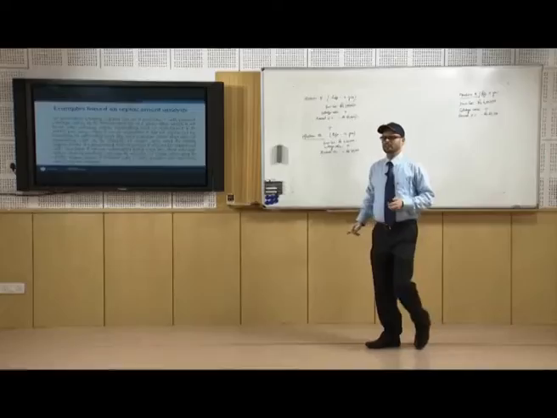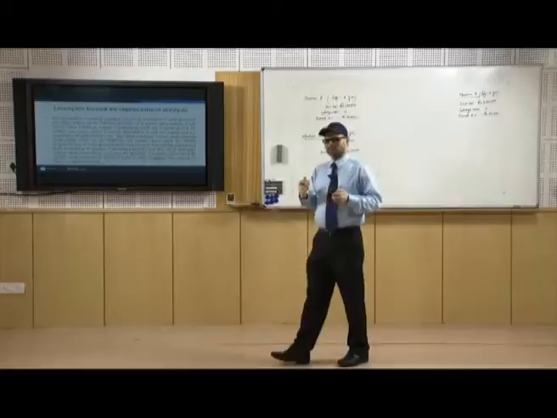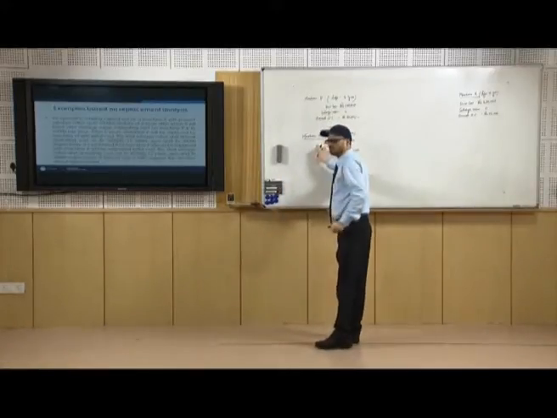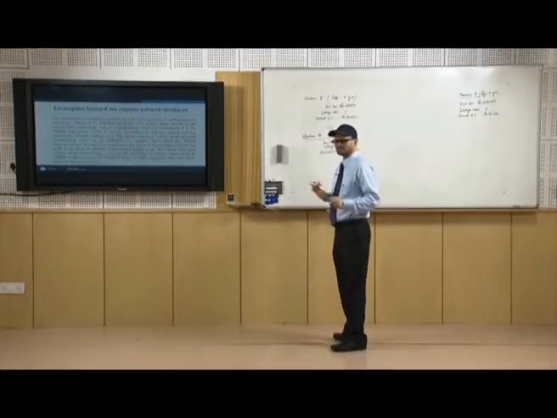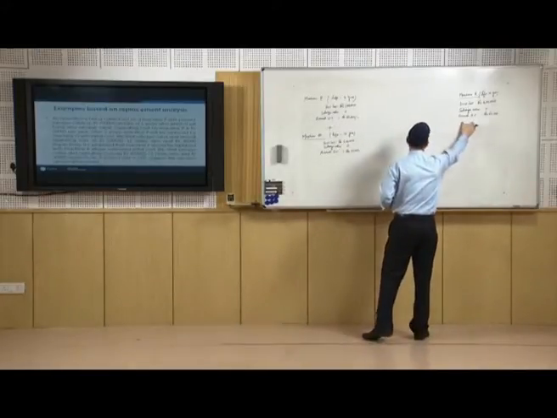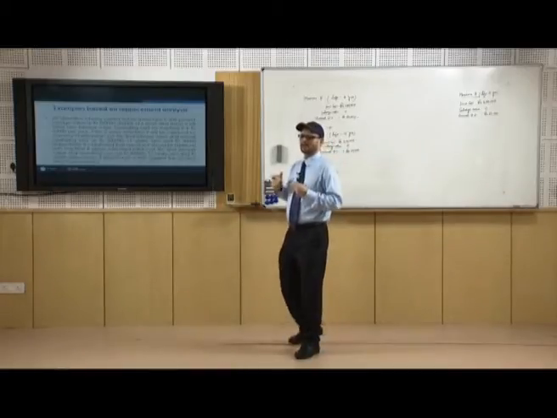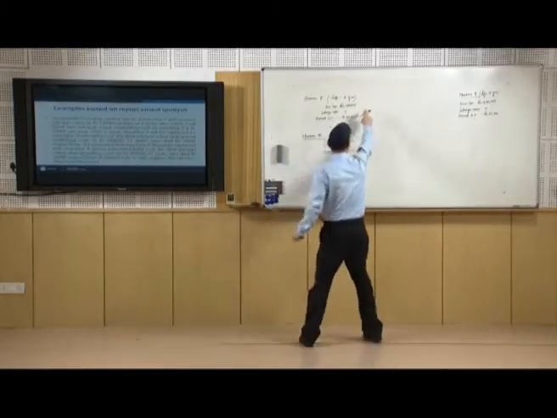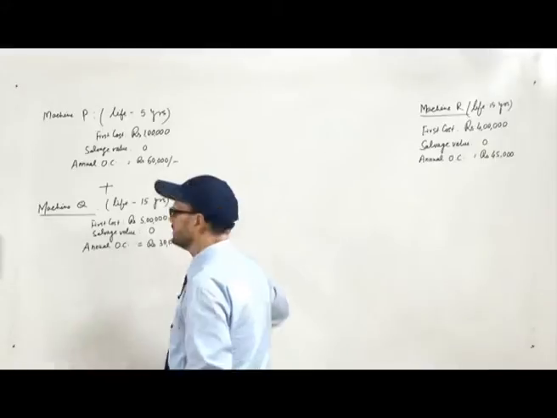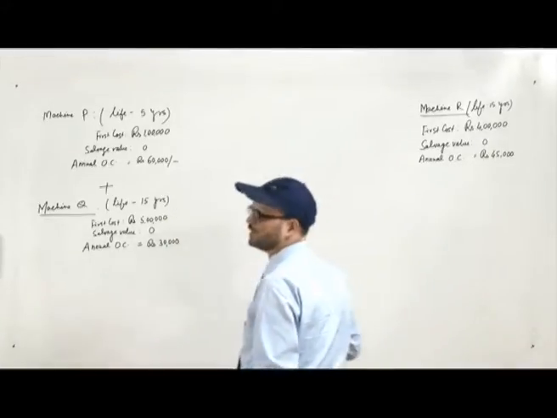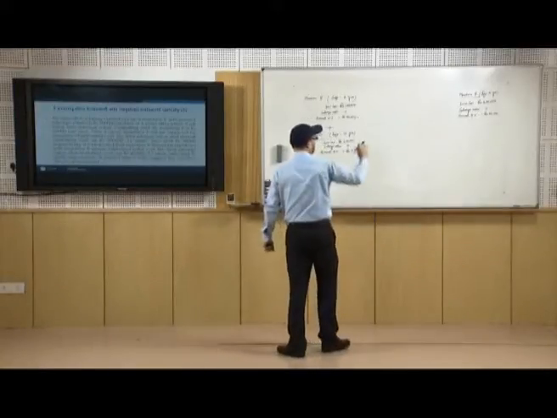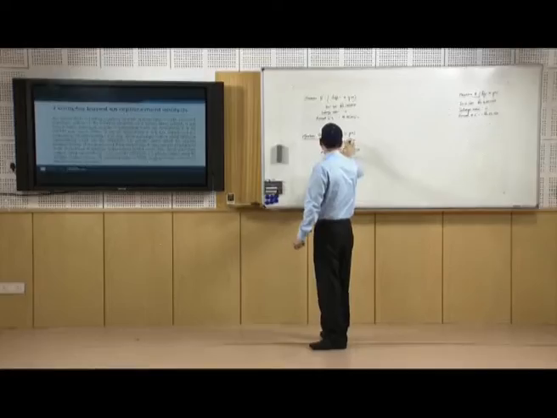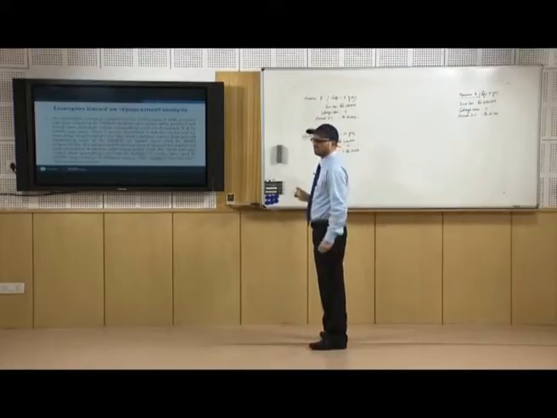Now, the question is what should be the decision, whether to go for machine P plus Q, where Q will be coming after 5 years, or we should go with machine R, so that you can use machine R from today itself. The life of these two altogether is 20 years and the life of this is 15 years. So, if we take the study period as 15 years, it means 5 years of this machine will be unutilized. So, in that case